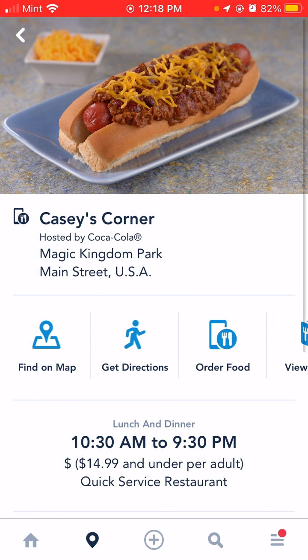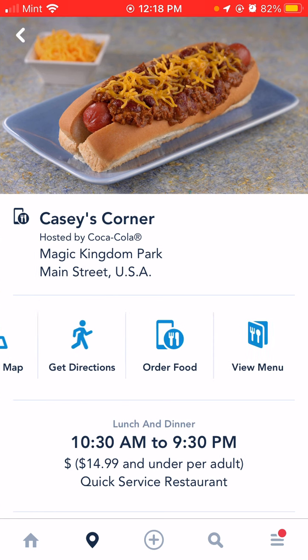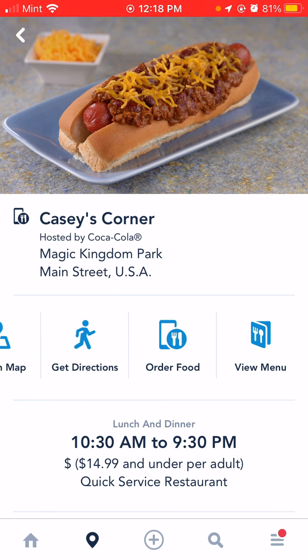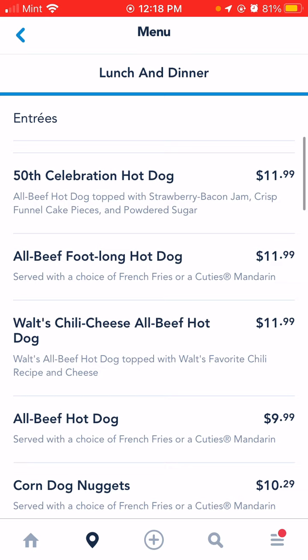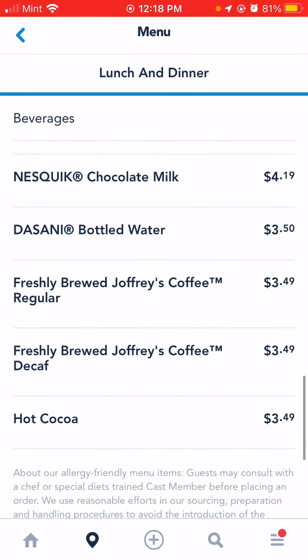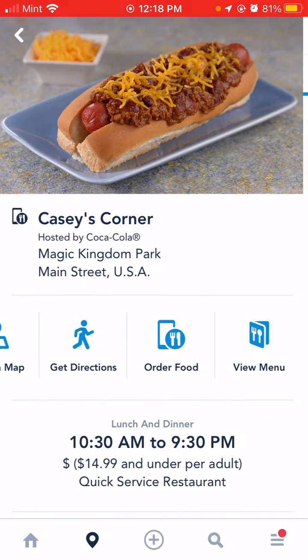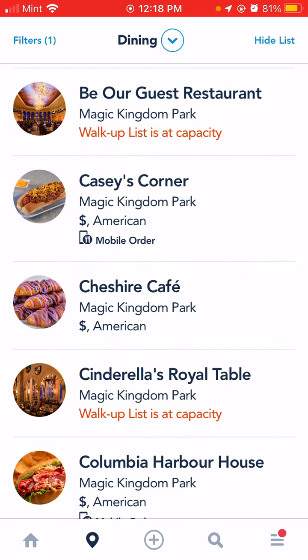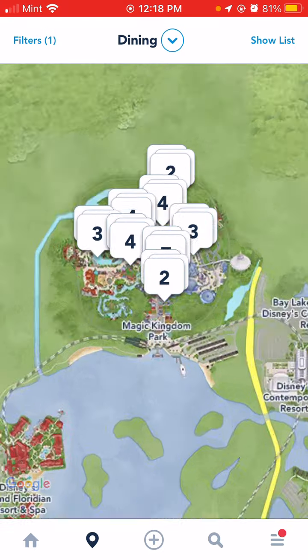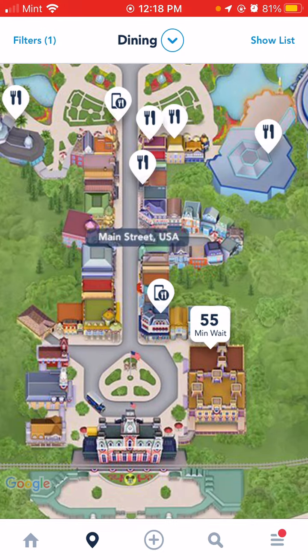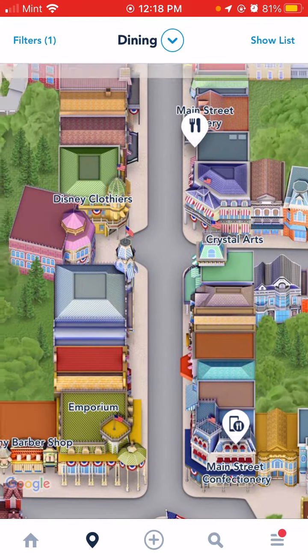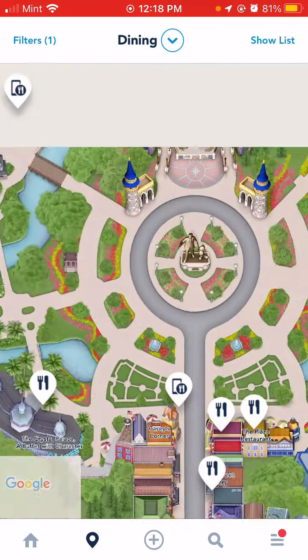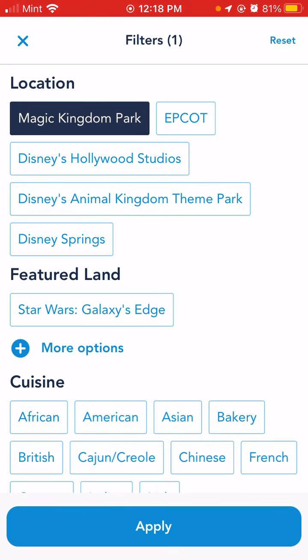So let's just say I went Casey's Corner. You can see it has mobile order. And this is kind of cool because you don't have to commit to ordering, which is what you immediately go to if you press the mobile food order. You go to the menu, you can see the price, you can see descriptions before you make your choice. And of course, if you just want to see what's around you, you can go back to the map and just zoom in if you really need to eat, like right now. So I hope